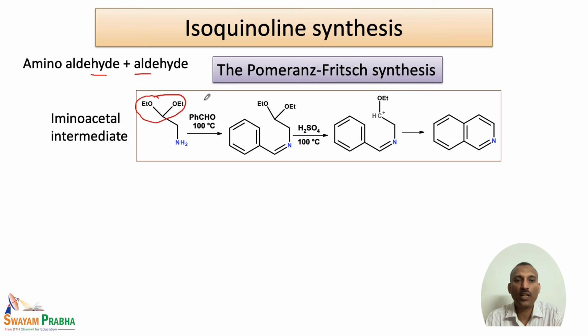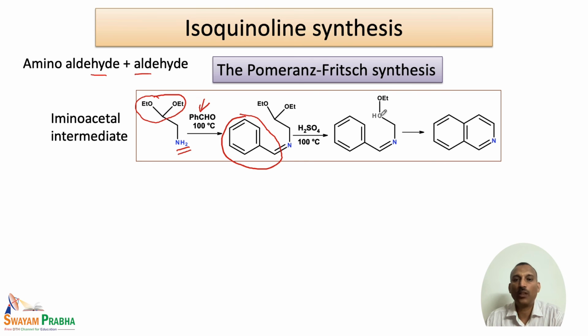This is now reacted with a second molecule of aldehyde. That means one aminoaldehyde is treated with another aldehyde unit, and these two undergo condensation. We have benzaldehyde used here. This is the benzaldehyde part, and this is the iminoacetal intermediate that was formed from the aminoaldehyde. When benzaldehyde is treated with this corresponding amino compound, these two can easily condense to form the imine derivative, and once this imine is formed, on treatment with sulfuric acid,